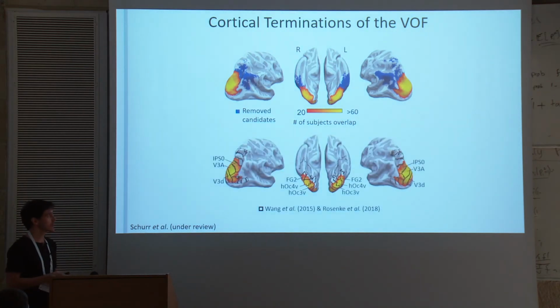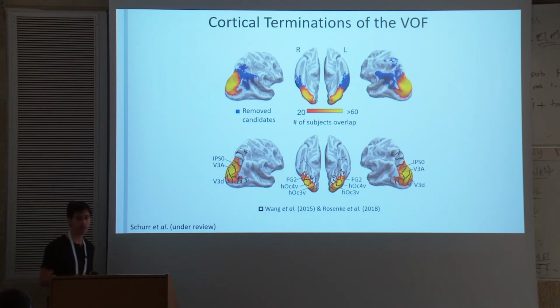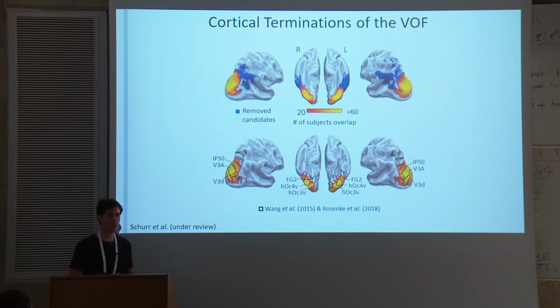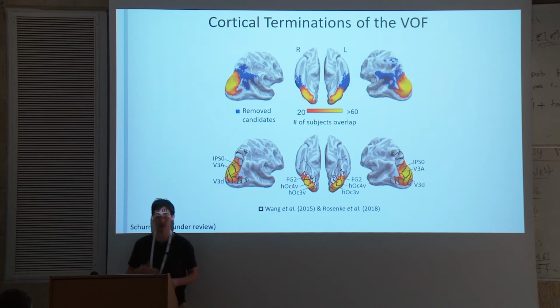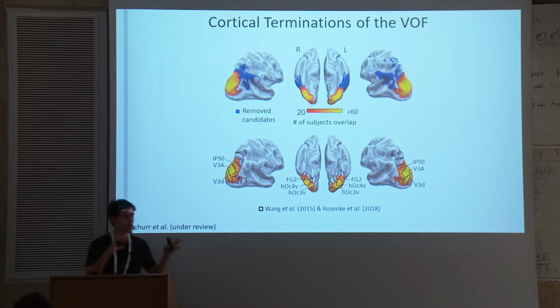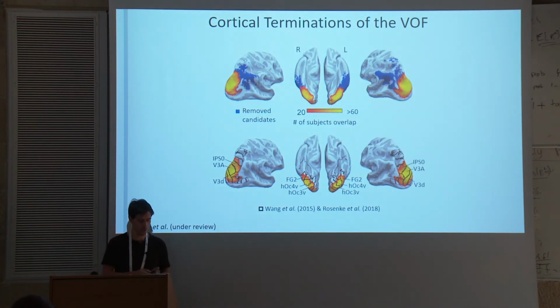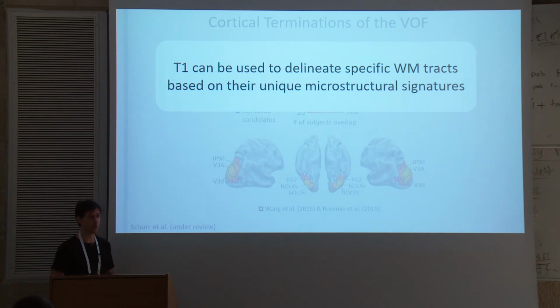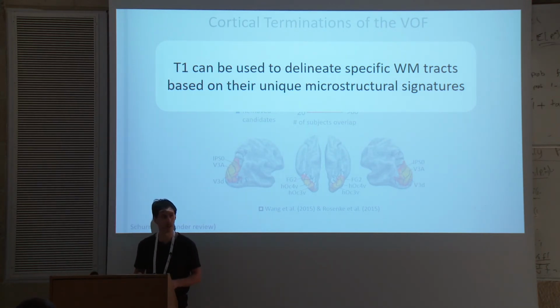Moreover, if we look at this heat map and compare it to known atlases, you can see both in the dorsal views on the sides, where we have a functional atlas of the dorsal visual stream, and here in the ventral part where we have a cytoarchitectonic atlas. You can see that overall these cortical projections really are restricted to very specific regions, which pretty much agrees with what we know about the VOF from the literature. So overall, we can conclude that T1 can be used to delineate specific white matter tracts based on their unique